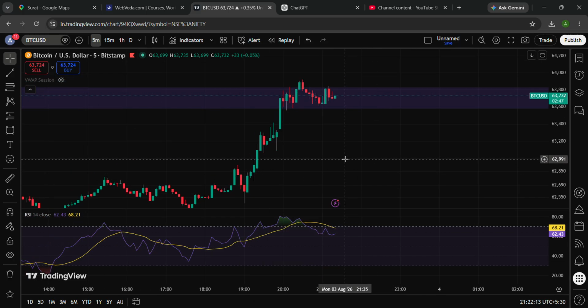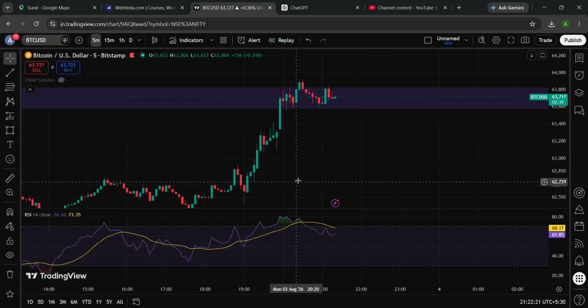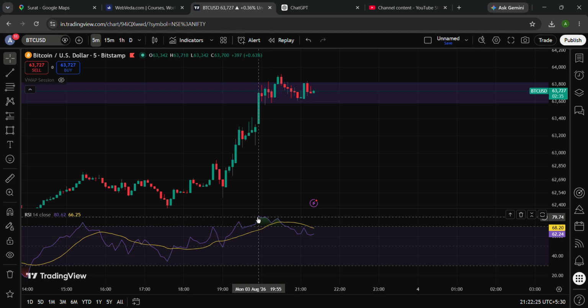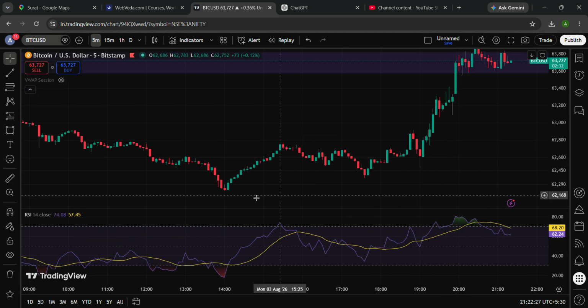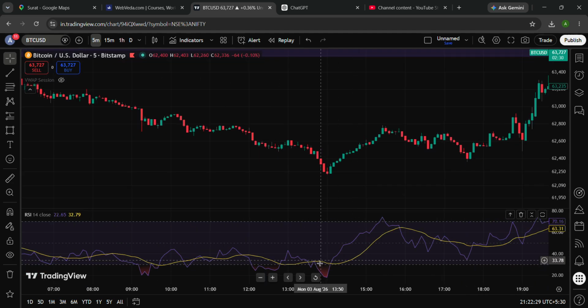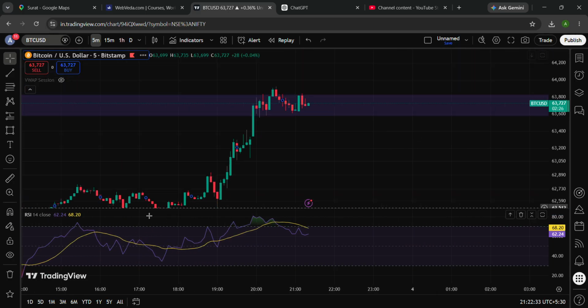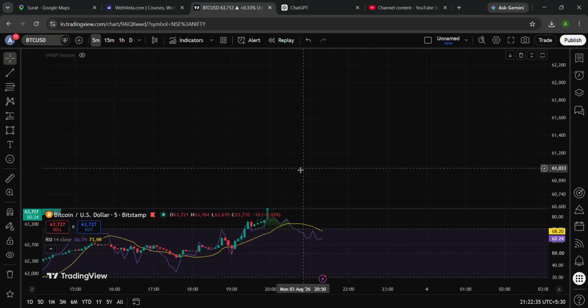So here it is. You will see this on the screen when you plot your RSI, right? Basically, here you will see this is a greenish position, and if you look back, this is a reddish position, this is a reddish position. So just understand one thing, that this